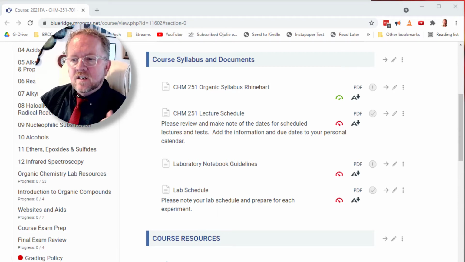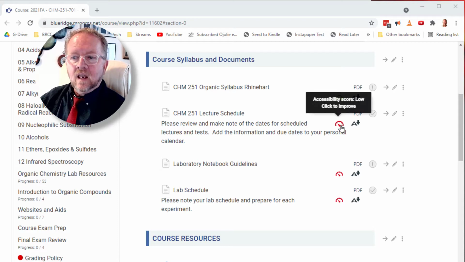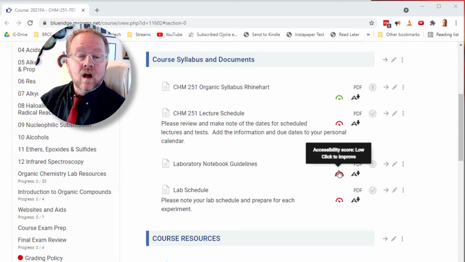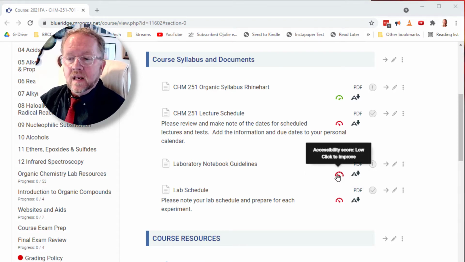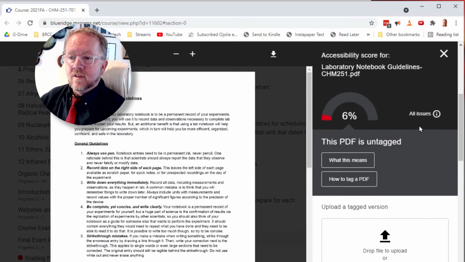Okay, I noticed that I have some PDFs that I've uploaded here into my course that have this Ally indicator that they're not compliant, they're not accessible. So I'm going to go ahead and click one of these and find out why. Now, if it's a PDF, it's very often going to be the same thing, and that is that it is